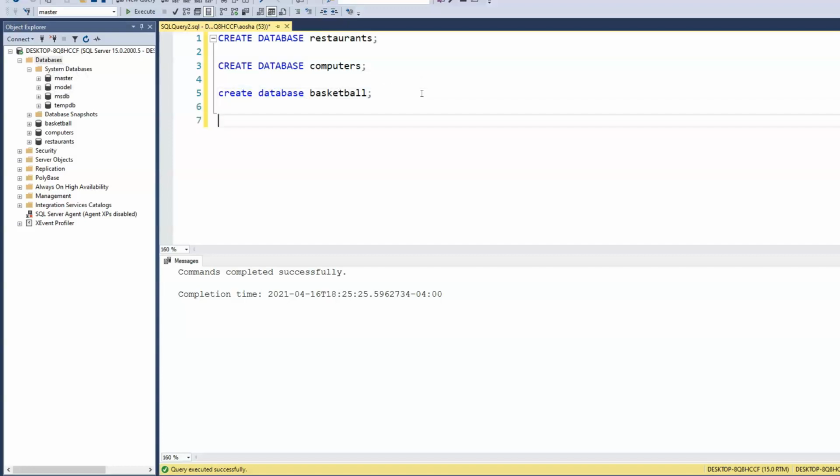So let's zoom in. We want to work with our computers database. We type use, which is the keyword, followed by the name of the database. In our case, it will be computers. We end with a semicolon. And when we execute, immediately we see that the name changes to computers to indicate that we are currently inside of the computers database. If we switch back, let's say we switch to using basketball,